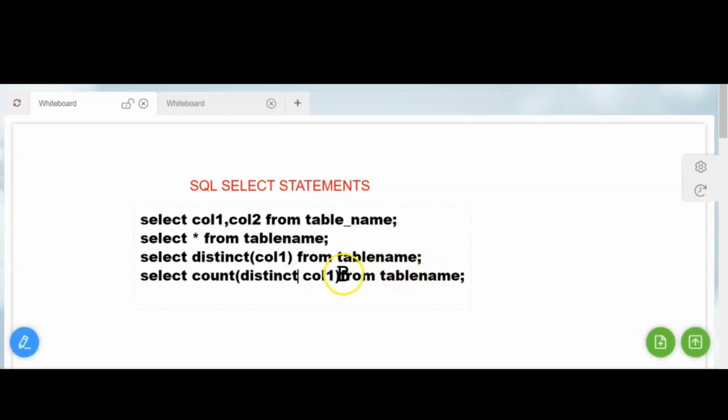Count distinct of column name from table. And to give a separate name for this particular query, you can always give the keyword AS and any name that you wish to display for that particular column, any name that you wish to give. So the name will be appearing with this column name. Then comes